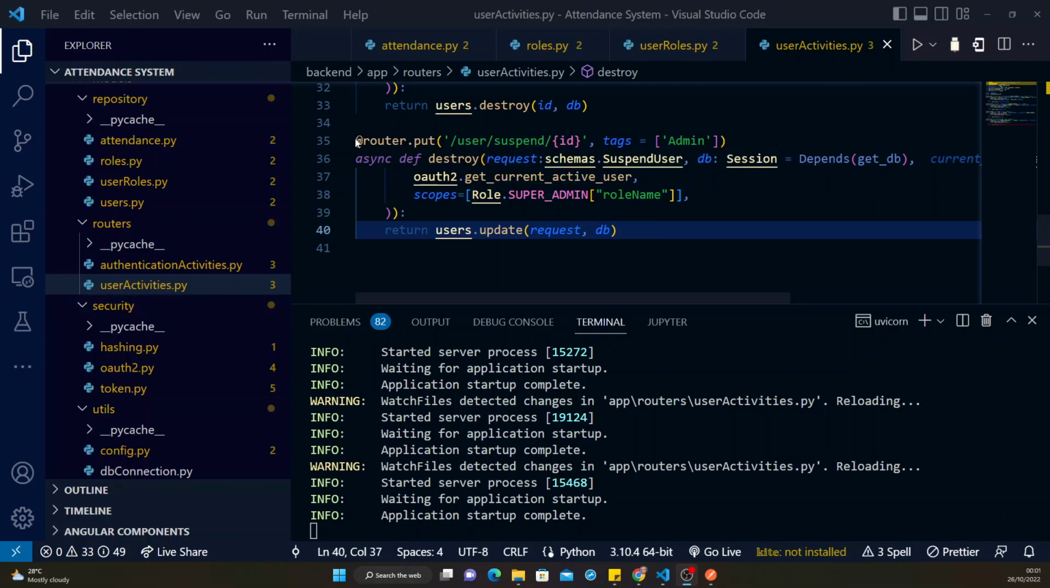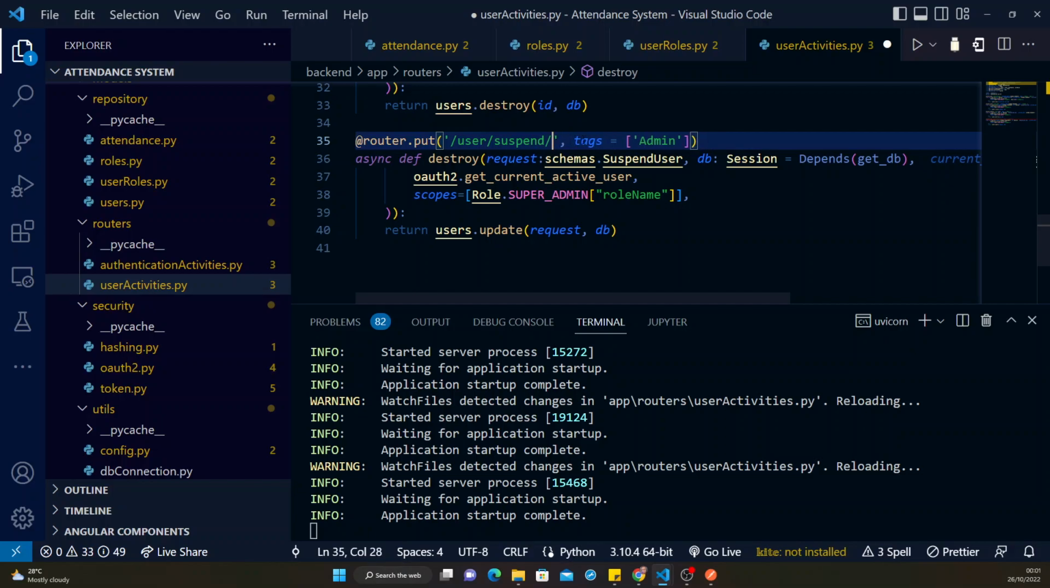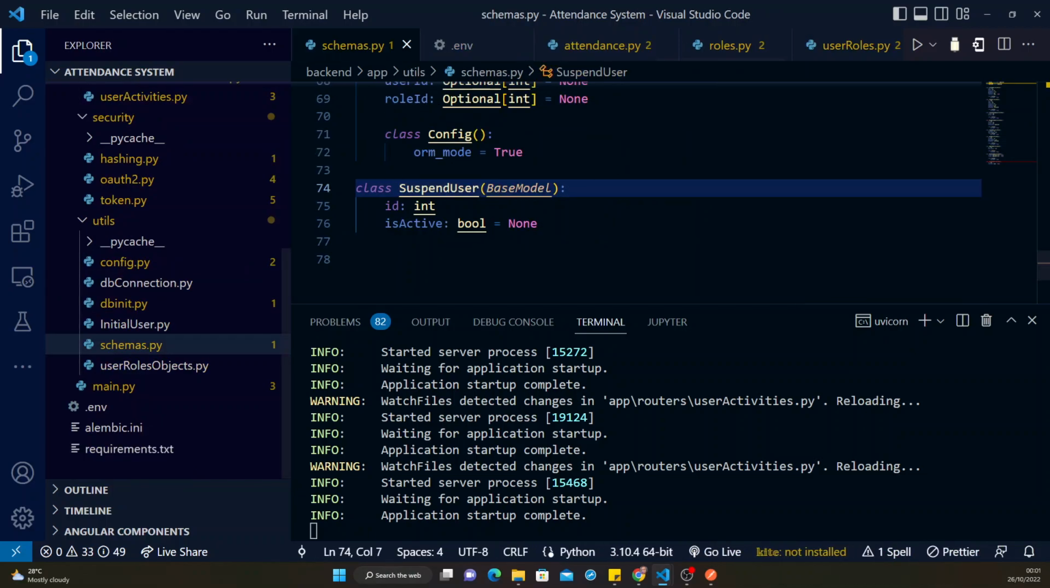Alright guys, so in order to suspend a user, I need to make a put request. So I call a put request on my route and then the URL. So the URL is slash user forward slash suspend. Let me take off the ID here, forward slash suspend. And then I'm expecting a request object, a request parameter of the suspend schema, which in this